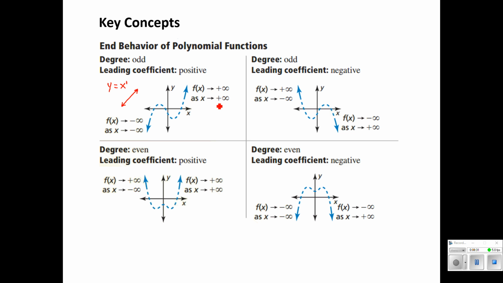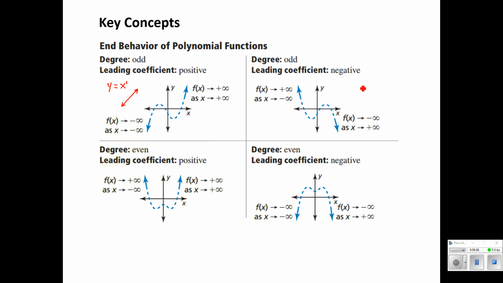Now notice how the book is describing this. This is very, very important language to understand if you want to really have a leg up on your calculus classmates later on. What this is saying is the height, f of x, is approaching positive infinity as x, the left and right, approaches positive infinity. So as I go to the right, the height is increasing. And likewise over here, the height is decreasing as I move to the left. F of x means height, x means left and right.